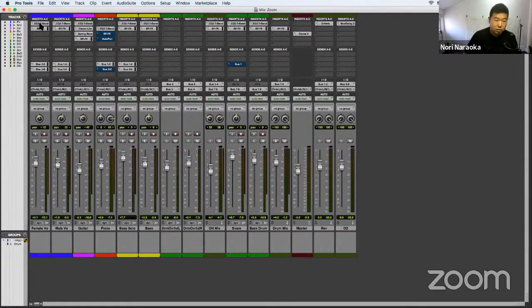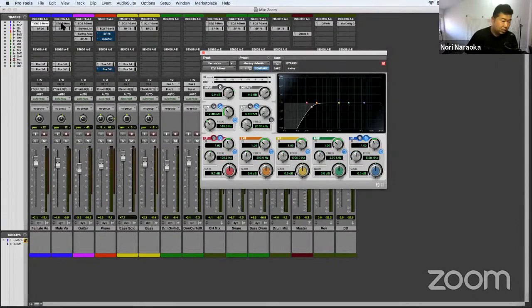And what else? Vocal, I didn't do anything, just the high pass filter. I cut like 140. The female vocal doesn't need so much low. The male vocal doesn't need much low either. Well, one more reason